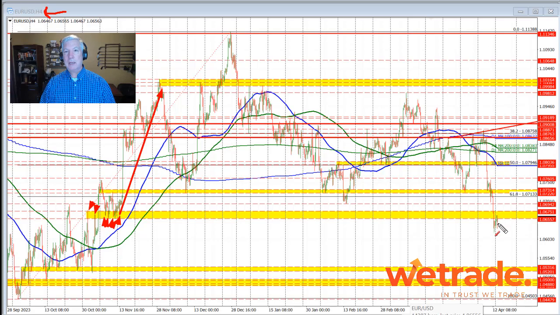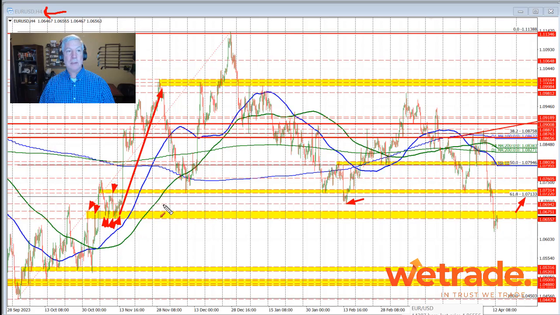As you can see, the price action in trade today has been up and down, but we remain below this swing area. It will take a move back above that level to increase more of a bullish bias, in which case we'd start to look toward the other swing levels going back in time, including this low right here at 1.06941, the 61.8% retracement at 1.07133, and this swing area floor through here,